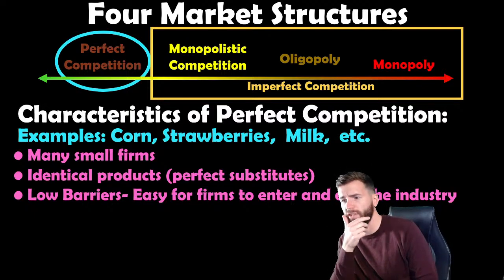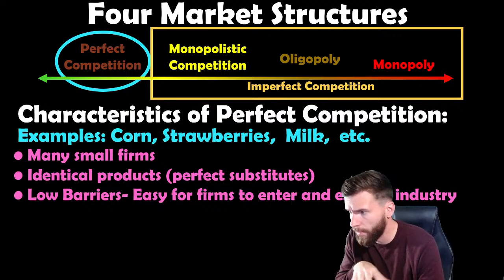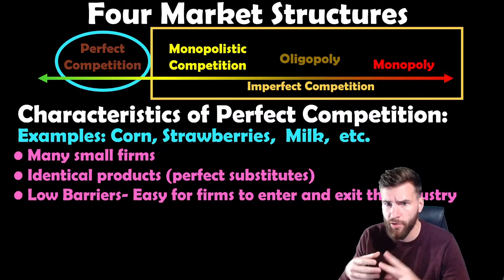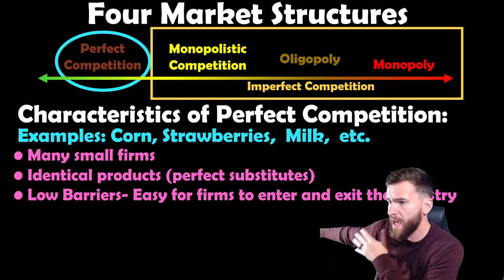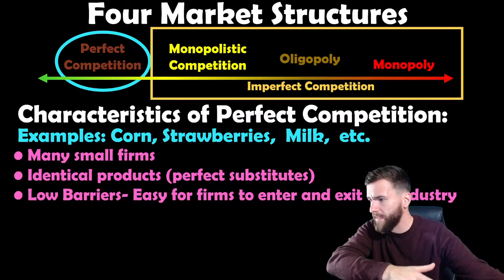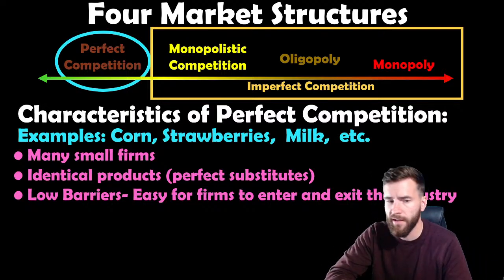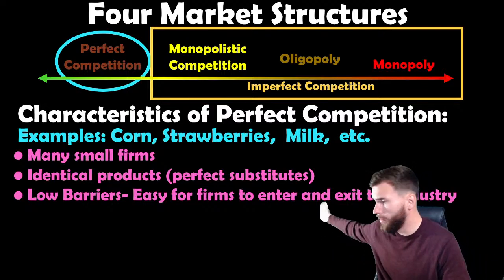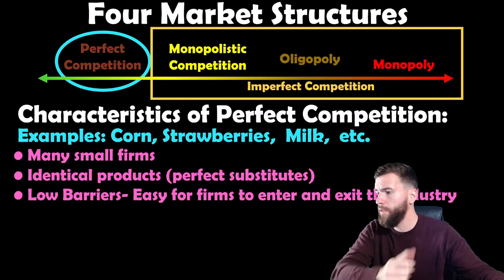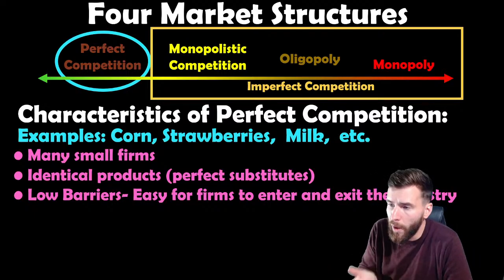I'm going to grow strawberries, and there's nothing preventing them from growing strawberries. You don't have a copyright, you don't have a patent, you don't have anything not allowing that person to compete against you. That's the idea of low barriers of entry, right? So that person's just going to clear their land and grow strawberries, and they're going to compete against you. There's very, very low barriers of entry.